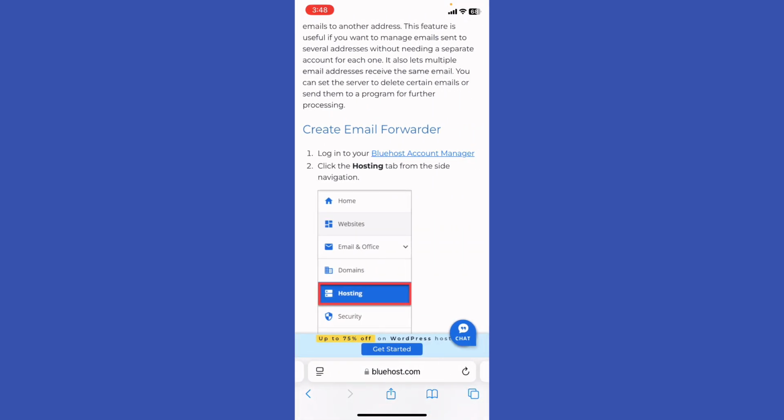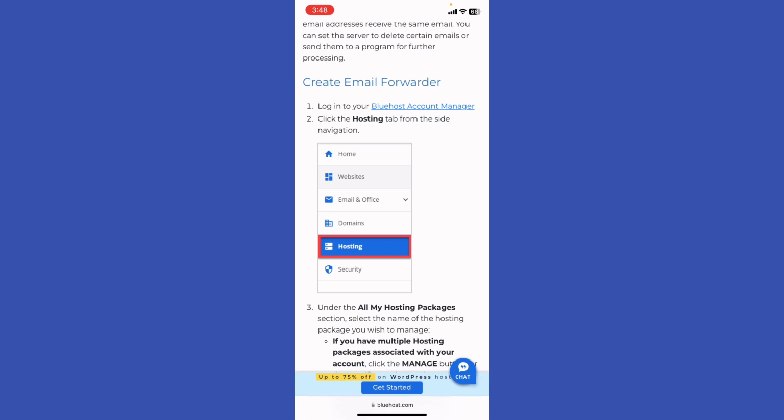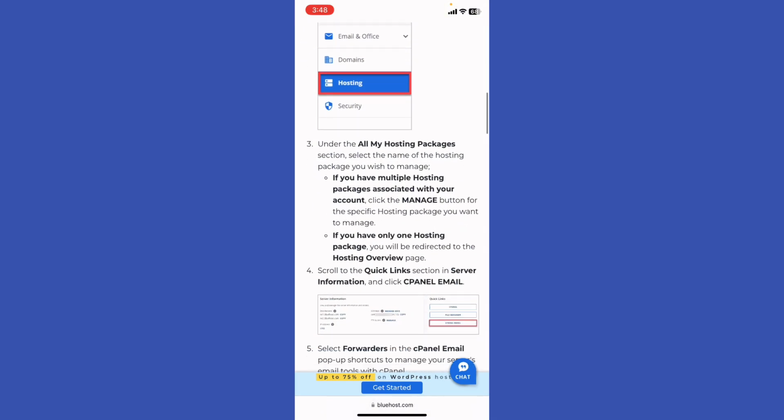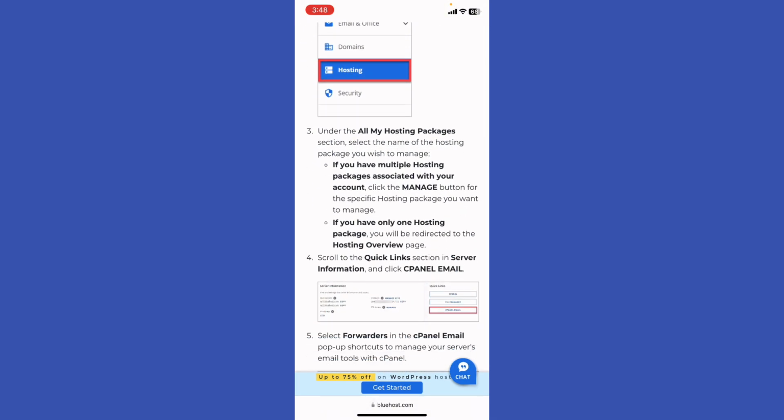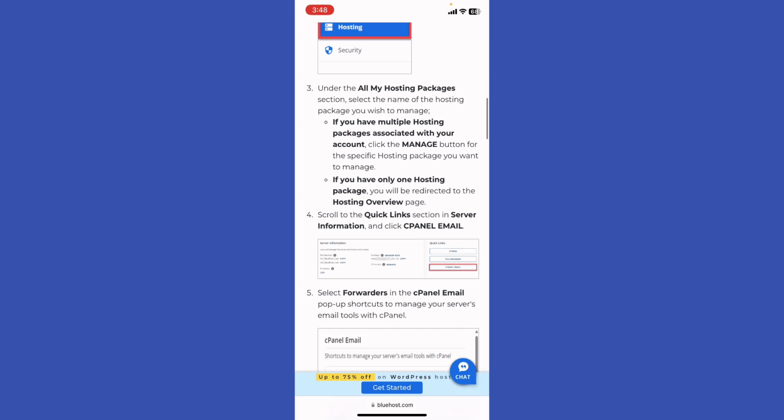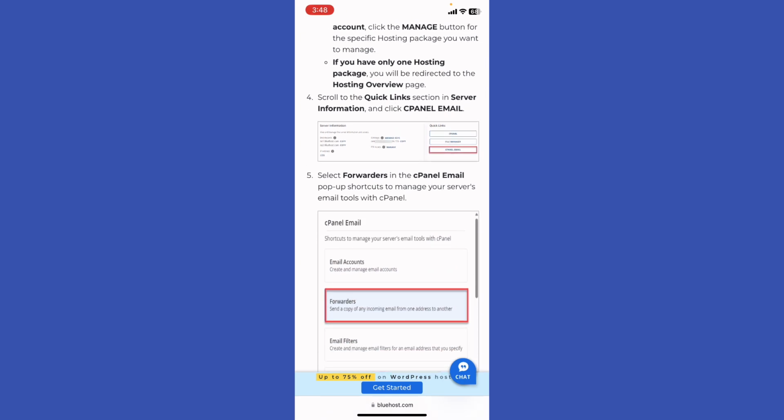Now what you're going to do, first of all, log into your Bluehost account manager, click on the hosting tab from the side navigation, and under the all my hosting packages section, select the name of the hosting package that you wish to manage. If you have multiple hosting packages associated with your account, click the manage button for the specific hosting package that you want to manage. If you have only one hosting package, you'll be redirected to the hosting overview page,